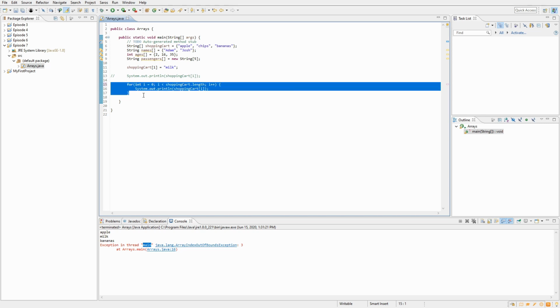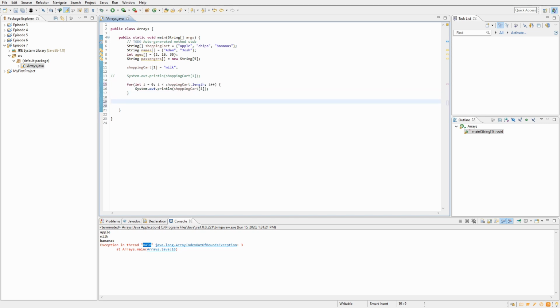Now that we have this, I also want to talk about a more abstract programming implementation of arrays, which is multi-dimensional arrays. So a multi-dimensional array is an array of arrays. And how to implement this is quite simple. We can start off just like this, so int x, let's say x is a multi-dimensional array. And instead of just having one set of square brackets, we can have 2 sets of square brackets, just like that. And then we have our array with our contents, but inside of the array, we're gonna have another array of sorts. So we can have 1,